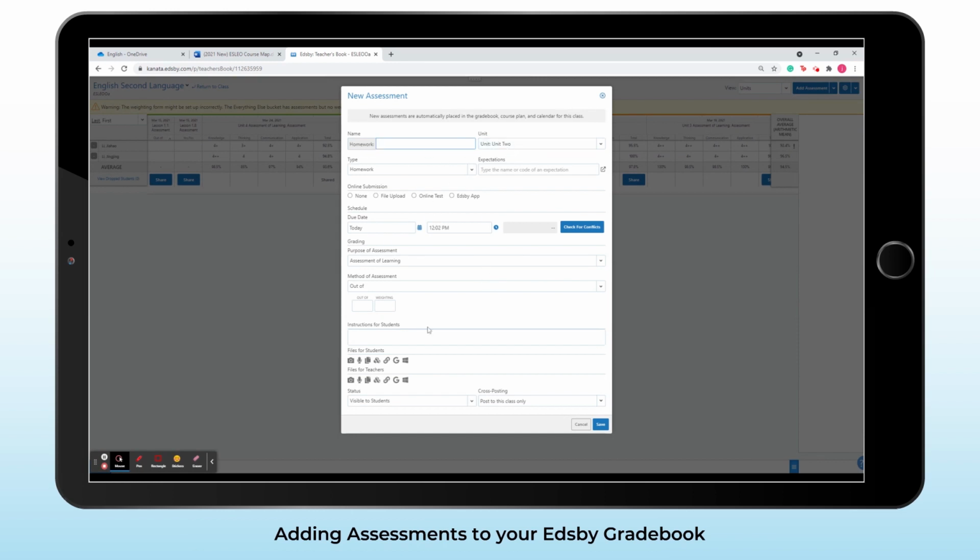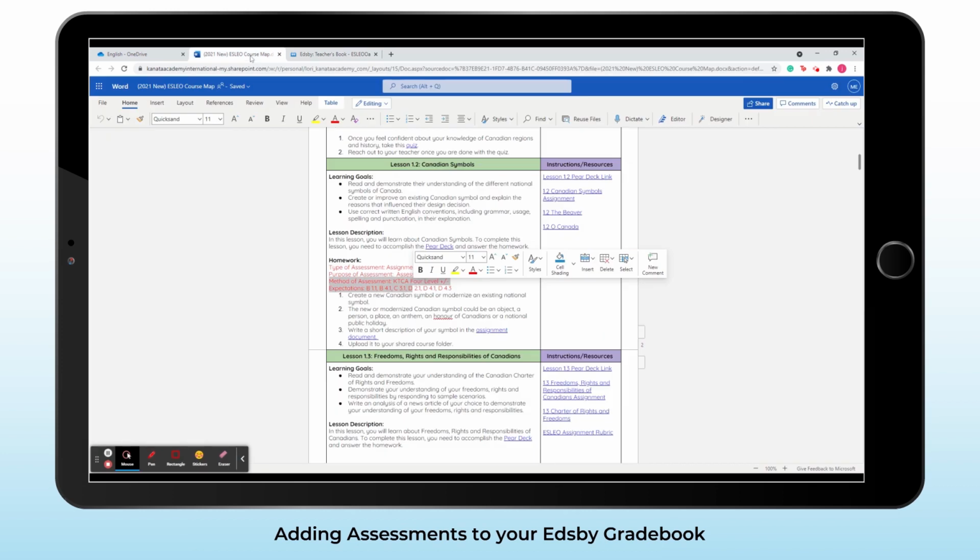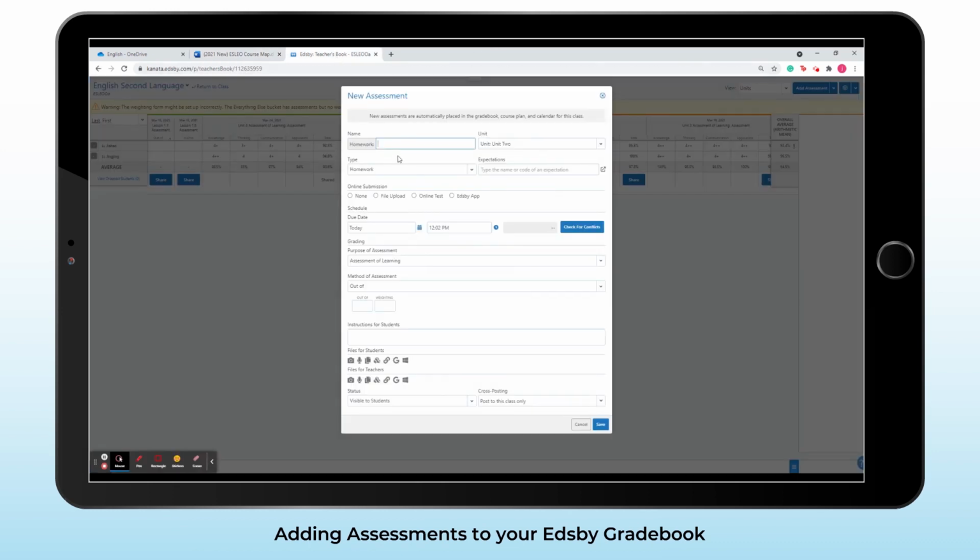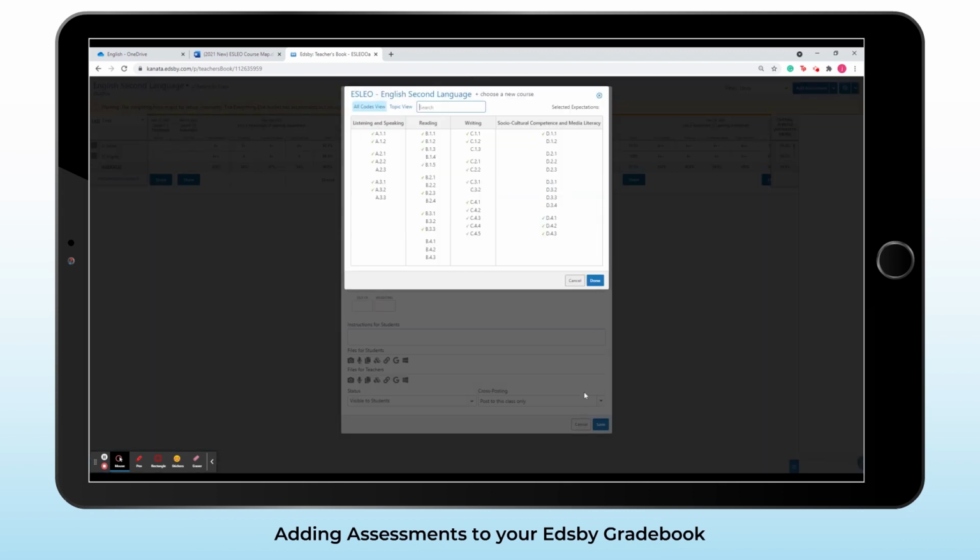The things that you can see here, it should be based on the course map for ESLEO, since that's the class that I'm accessing. Right now, I'm trying to upload an assessment for lesson 1.2. So I just simply type lesson 1.2 assessment as the name of my homework. I select the correct unit, which is for unit 1. Type is as is, and for the expectations, you just have to select the